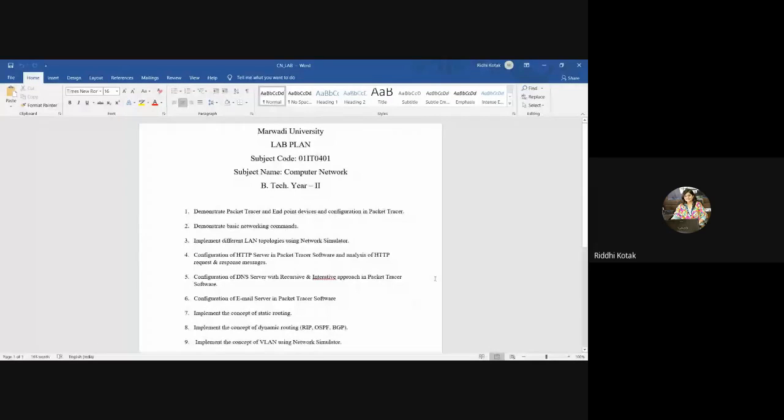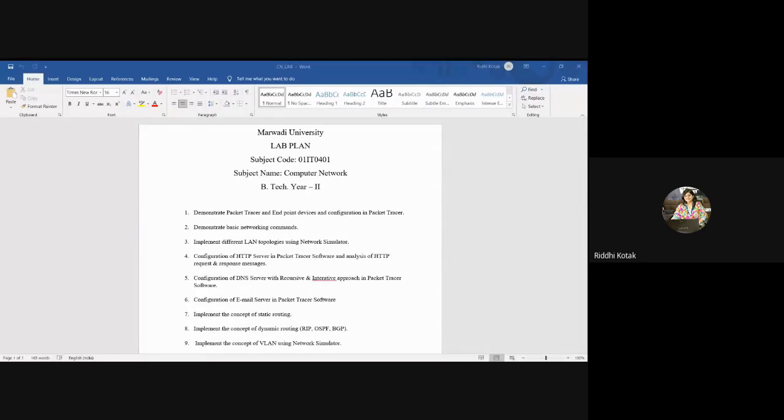For that you need Cisco Packet Tracer software, right? Kindly all of you just download that software. You have to download the latest version of Cisco Packet Tracer. That is one simulating tool we will use for our practicals. To create a network, we need many devices, right? It can be laptop, computer, mobile phone, server, hub, switch, router.